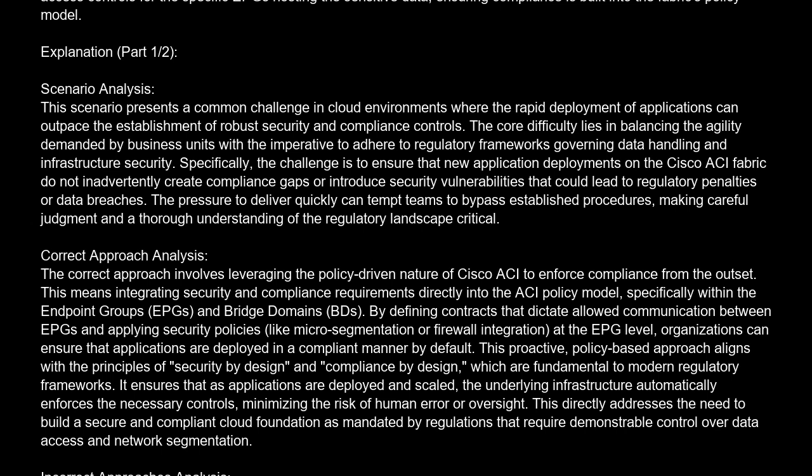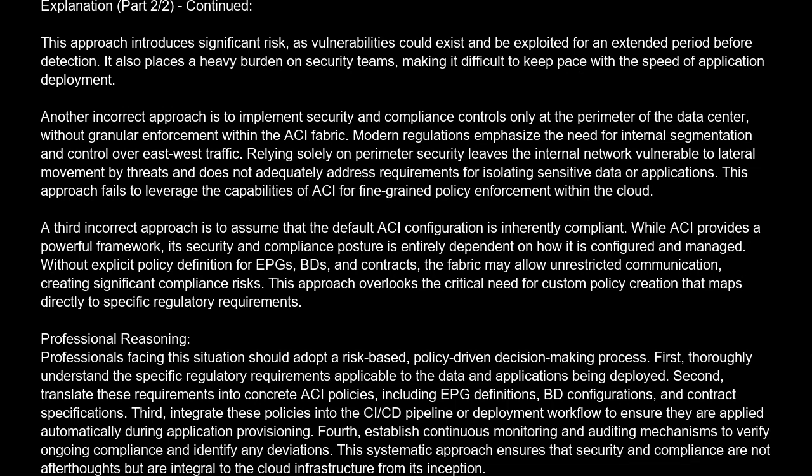Incorrect approaches analysis. One incorrect approach is to rely solely on post-deployment manual security audits and remediation. This is a reactive strategy that fails to prevent non-compliant deployments from occurring in the first place. Regulatory frameworks often require proactive measures and demonstrable controls, not just retrospective fixes. This approach introduces significant risk, as vulnerabilities could exist and be exploited for an extended period before detection. It also places a heavy burden on security teams, making it difficult to keep pace with the speed of application